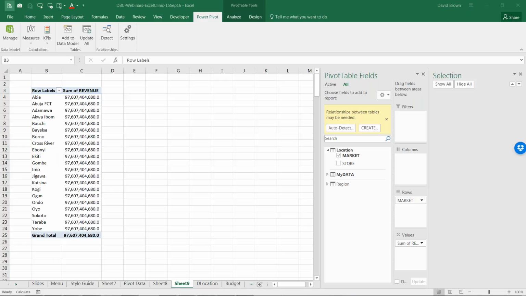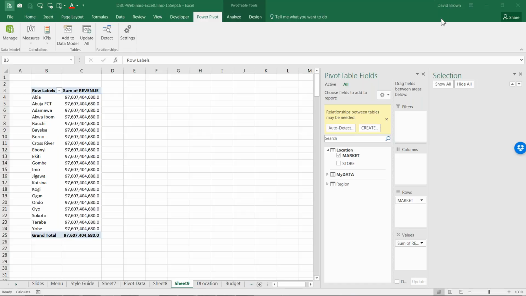Okay, so any ideas why? Anybody, please? Someone should type into the chat, type into questions. Why do you think this model using Power Pivot is not working? There's a clue already there. Who knows why? Why isn't it working? Someone should tell me. Why isn't it working? We need to relate the tables.